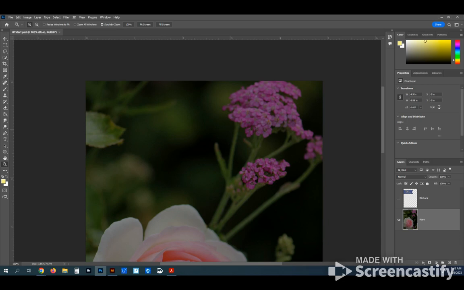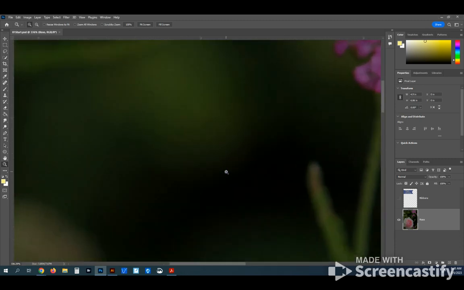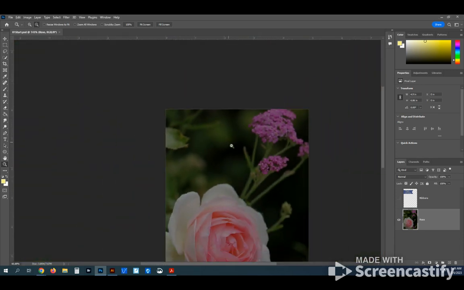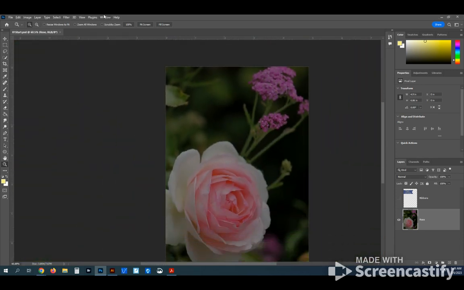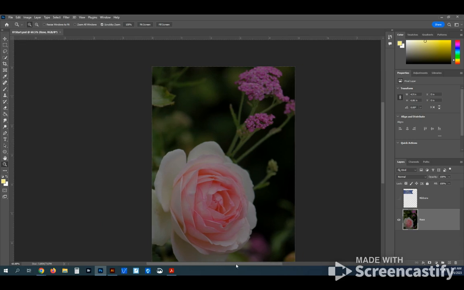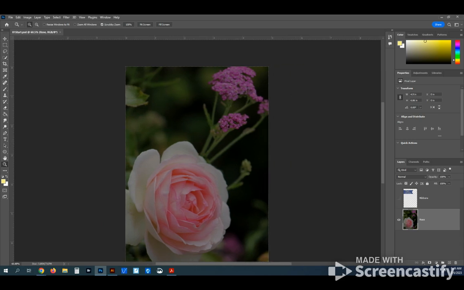But continuing on, there's all different kinds of methods we can use for this. We can turn off this scrubby zoom up here at the top, where you can highlight an area and then it'll zoom in on that area. Personally, I don't care for that method, but whatever works for you. But moving along, we're going to go ahead and get into how to use some of your different